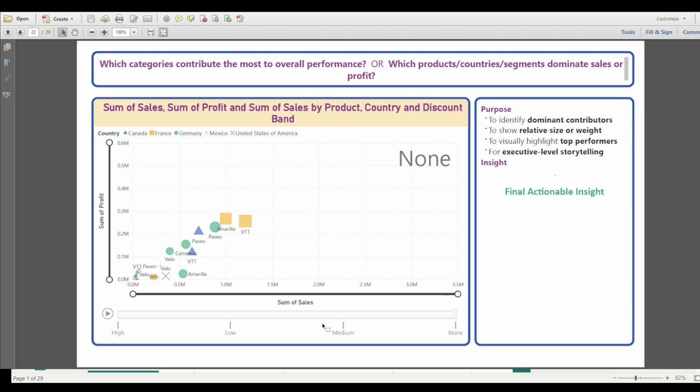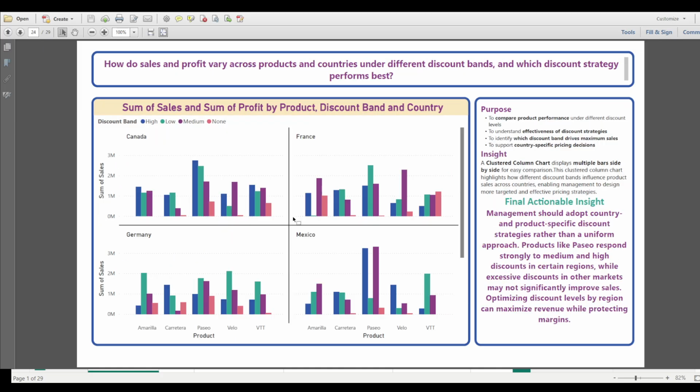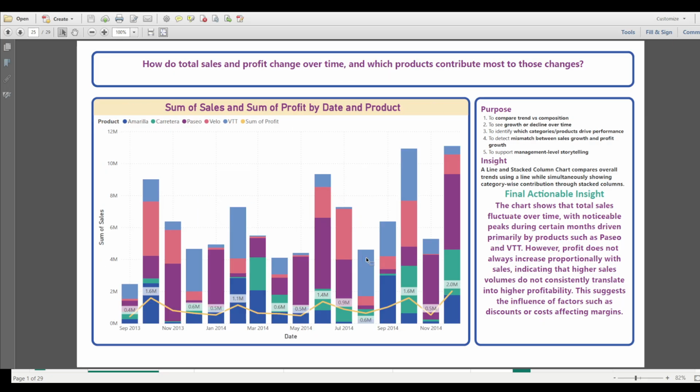This is an animated scatter plot chart wherein a play button is over there which you have to use, and these are the various icons which we can change. I taught you this also. Then see, we learned how to use small multiples. We have used small multiples with respect to countries. That is why it is showing you in multiples what the total sales generated by Canada, then France, then Germany, then Mexico are. So this is also one of the visuals which you can use.